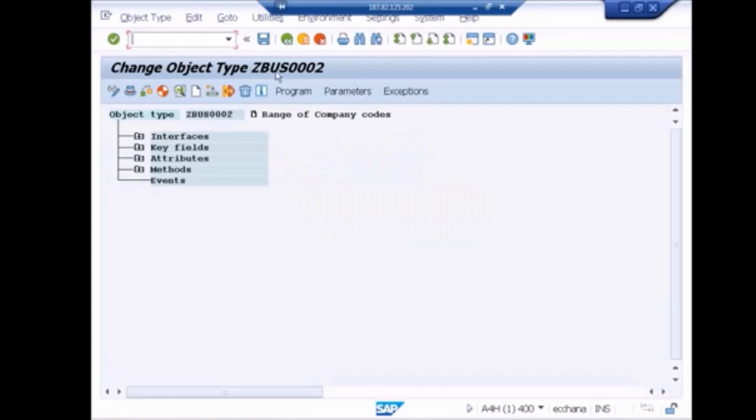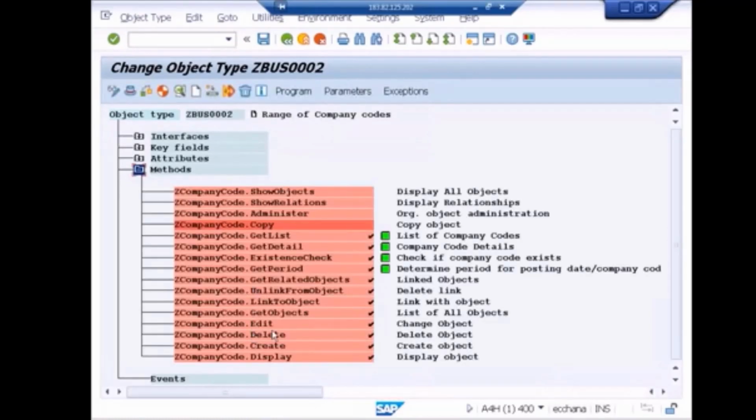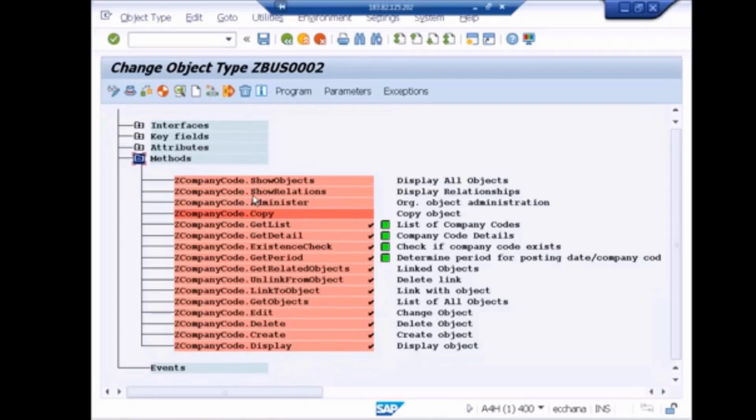Now come back to this. ZBUS0002. Yesterday, how many methods did we have? Two methods, existence check and display, and we added our own method. Now if you see, since we have done the inheritance, what happened? We have many methods. All these are inherited from the super type. Make it clear, all are inherited from the super class. Inheritance concept here. Okay, we are